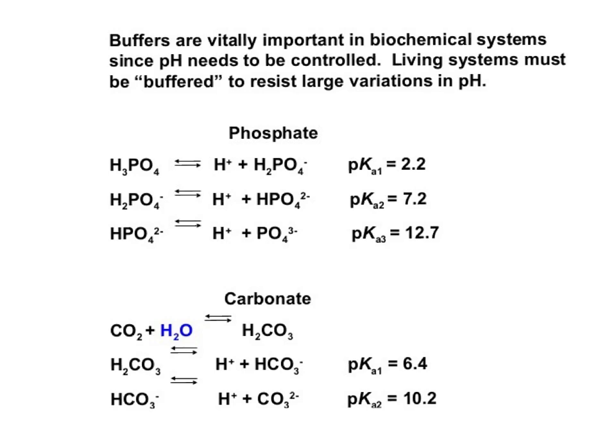So here's some of the relevant information about two important buffer systems. There's the phosphate system, which, because phosphoric acid is a triprotic acid, has 3 different pKa's. The carbonate system is one of the important ones for regulating blood pH. And on the next slide,